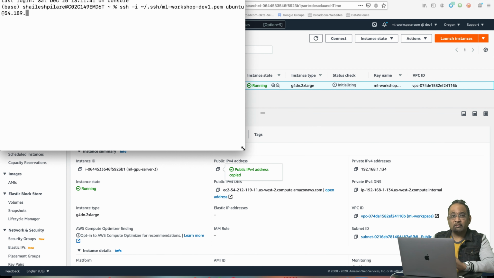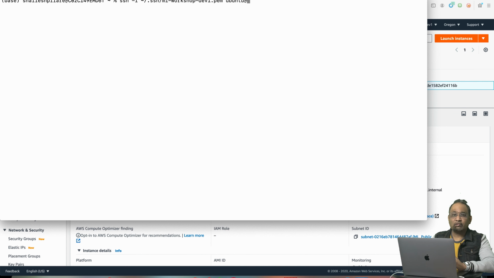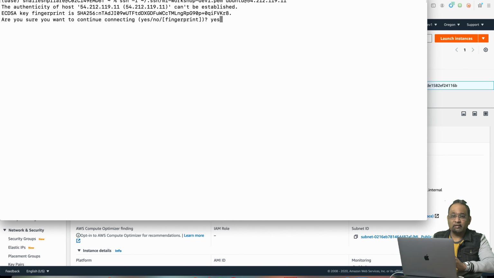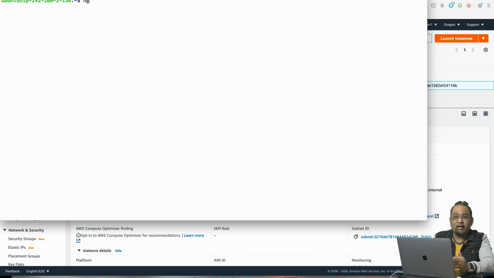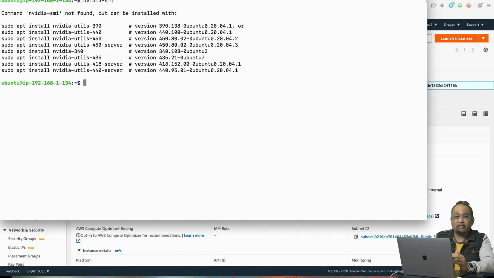Now that our EC2 instance has been provisioned, let's SSH to it and install the required CUDA libraries. The CUDA libraries are not installed on the GPU instance by default, and we can verify this using the nvidia-smi command, short for the NVIDIA System Management Interface, a command line utility based on top of the NVIDIA Management Library, NVML, intended to aid the management and monitoring of NVIDIA GPU devices. The output of this command determines whether we have the GPU accelerated hardware installed along with the suitable CUDA framework. As you can see, currently we do not have the CUDA framework installed and configured on this GPU instance, and we are going to install and configure it.